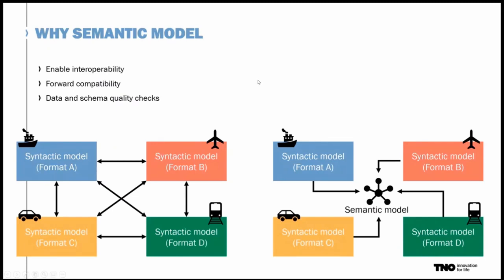It allows compatibility, and therefore the interoperability is improved. And we of course have some quality checks, but if we all talk the same language, we can correct each other quite easily. See if a value is logical. Okay,